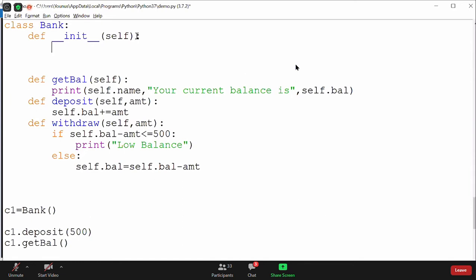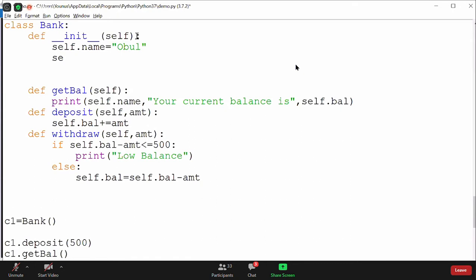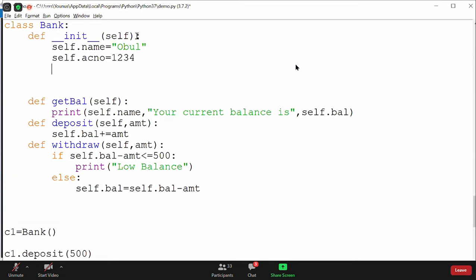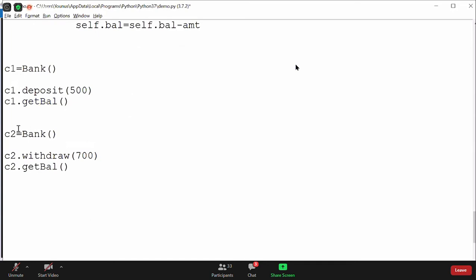Now I will say here self dot name is equal to, I will give the name as Ubul. I will say self dot account number is equal to, I'll give 1234 as an account number, and I will say self dot balance is equal to 1000 as a balance. So as you can see now, instead of initializing for every object,